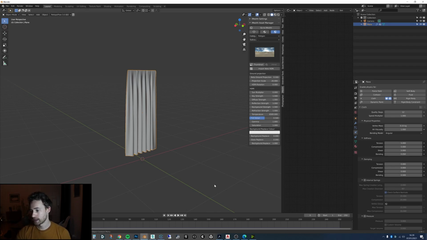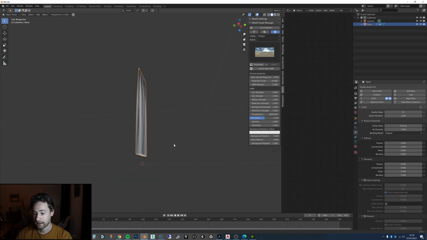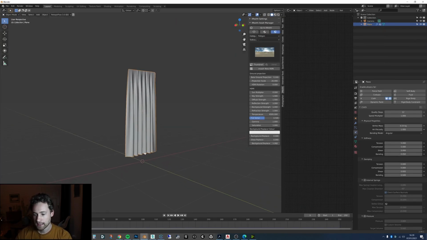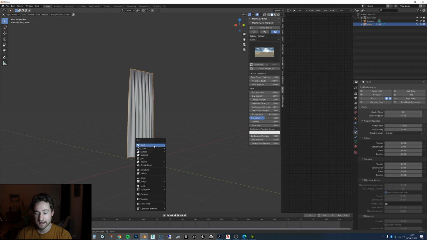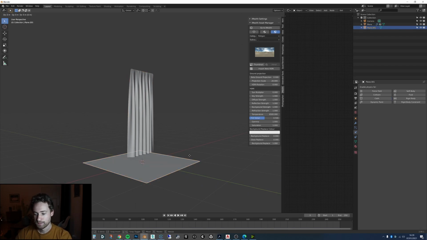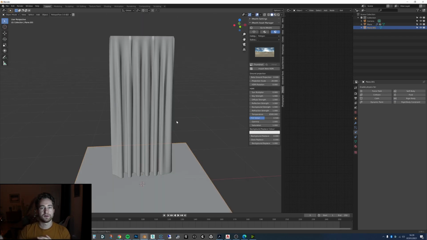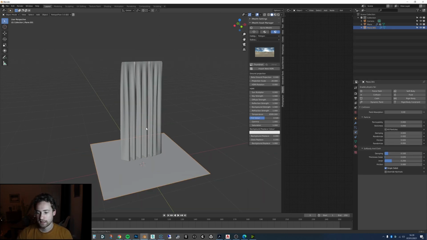So what we can do now is simulate that, but we can also add some wind. But one thing that we did actually have was a floor. What you can see here is I have a floor and some walls, and you want that to be interacting with it. So you can add the floor now, or you can add it when you're actually simulating the fabric. So you can get it to look and feel against the floor how you want it to, and even hit the wall if there's a wall to hit it against. But all you need to do is set this to a collision, and now this will collide with it.